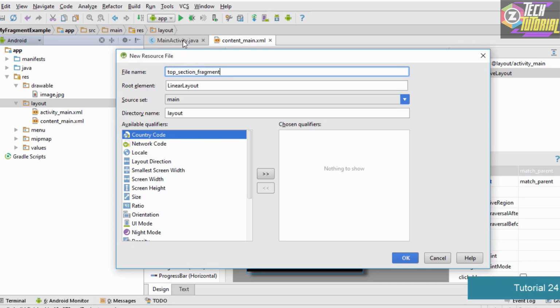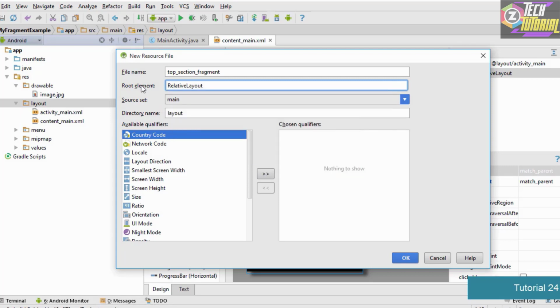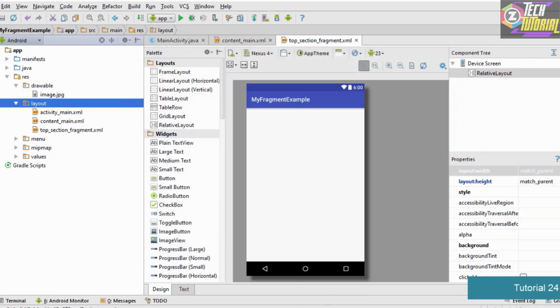One more thing to remember is that the root element here should be relative layout, so make sure that you type relative layout over here. Once we are done with this, we hit OK. As you can see, our top section fragment has been successfully created, and it is similar to the main activity. Now let's go ahead and add some elements onto this top section fragment.